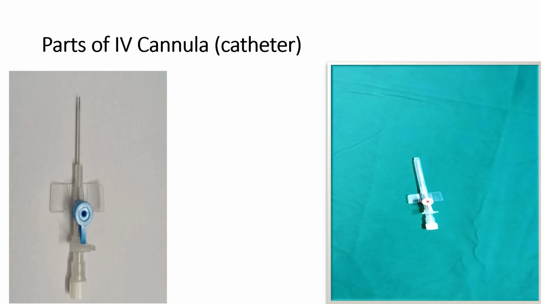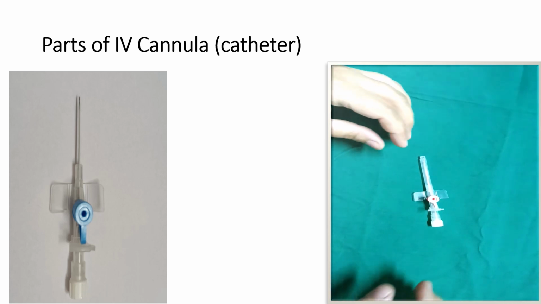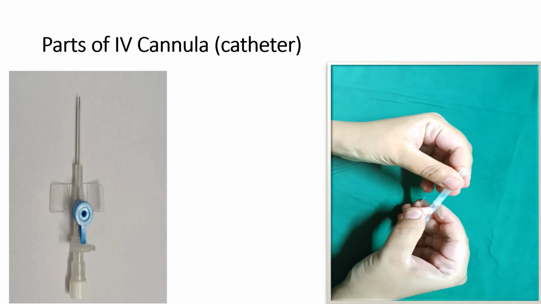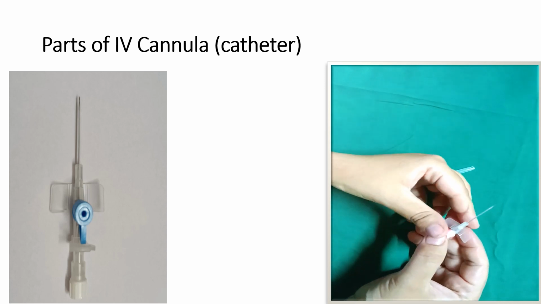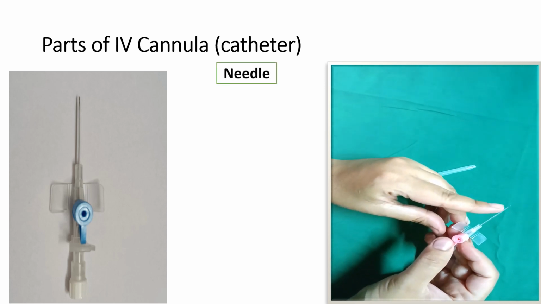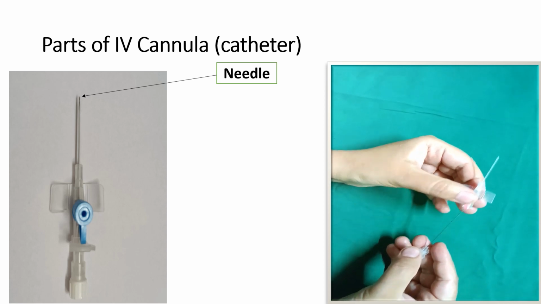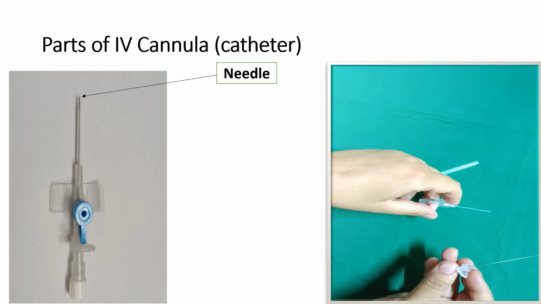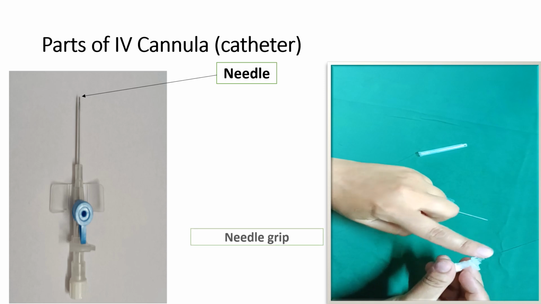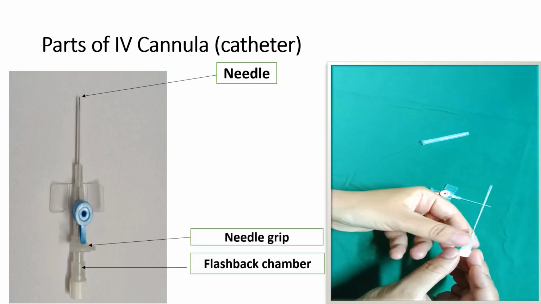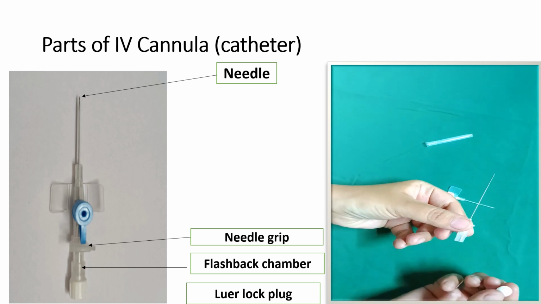Now the parts of IV cannula. In this video I will show you the various parts. So here I am separating all the parts. This is the cap over the catheter, and here you can see this is the bevel needle. Now I am removing the needle from the catheter. So here this is needle and this is needle grip, and this is the flashback chamber, and this part is